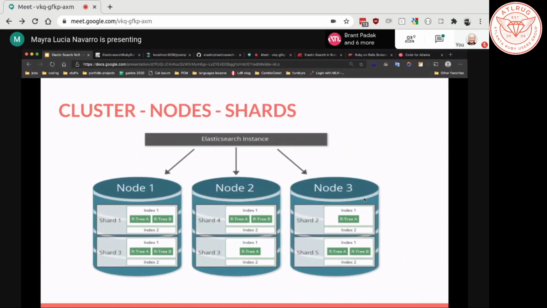So this is something that, when we talk about clusters, nodes, and shards, is what makes Elasticsearch faster and scalable. When you start, or for example, you want to make an example inside your computer, you can only use a node. It is not necessary to use the rest of this. And you can only configure one shard. One shard is what is called a segment in big databases. In big databases, it is called segments, and there are different ways to create an index.